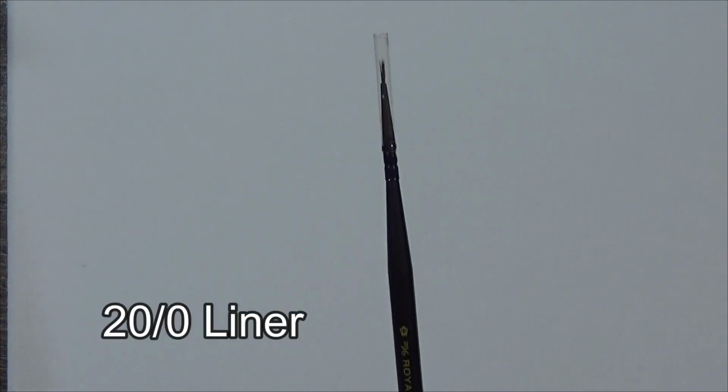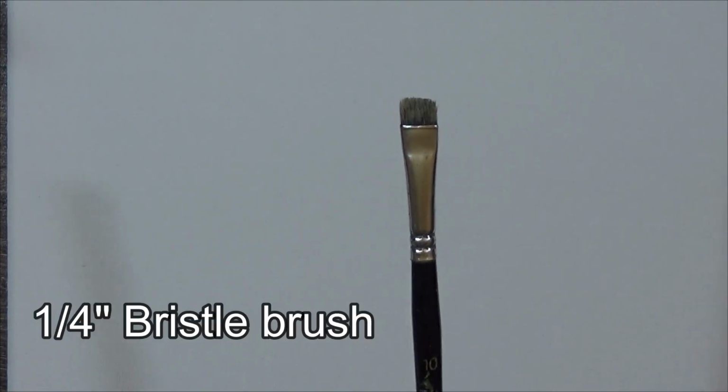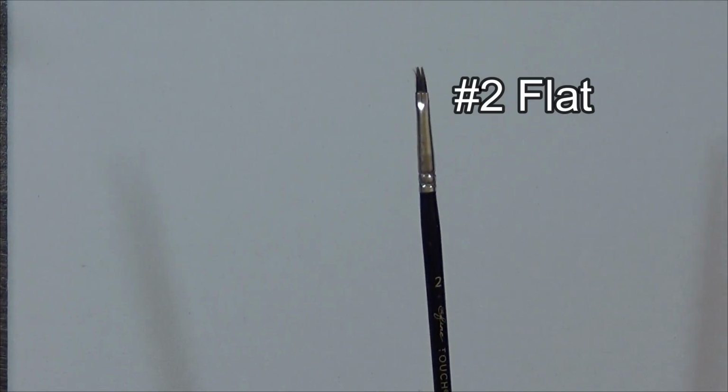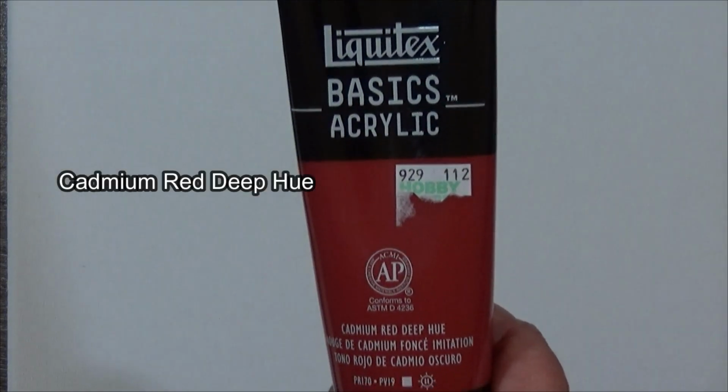So the supplies we'll be needing today: a 20/0 liner brush, a 1/4 of an inch bristle brush, a number 2 flat brush, and a number 6 flat brush. Our colors we'll be using today are red,